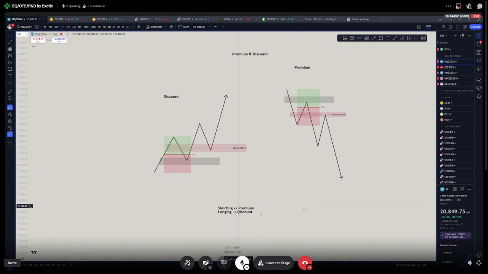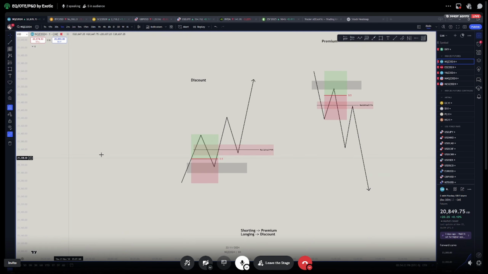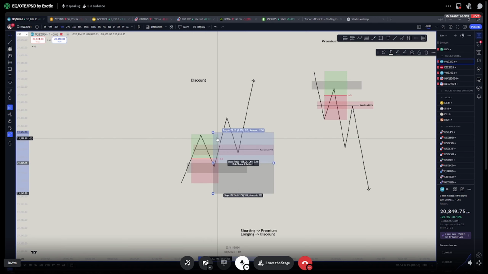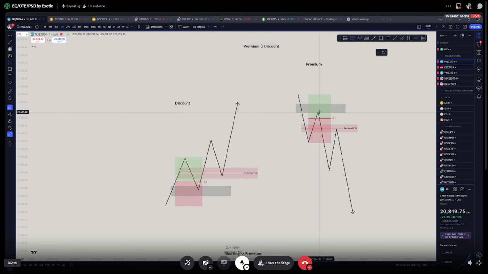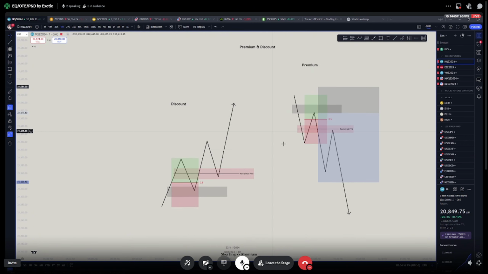Okay. So what does that mean? That means that usually, when you are seeing price go up and you want to take a long here, you want to look for price to come down into a discounted PD array before you take your long and go higher. And this is the ideal situation to get the best RR possible and to get the best entry possible. And the same thing goes vice versa with premium. You want to wait until price comes up into a premium PD array before going lower,